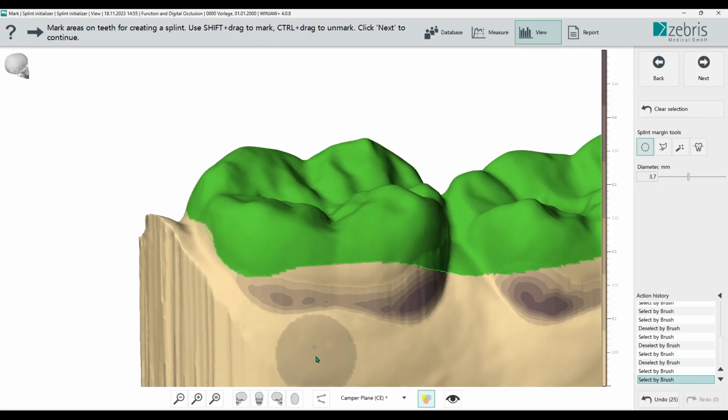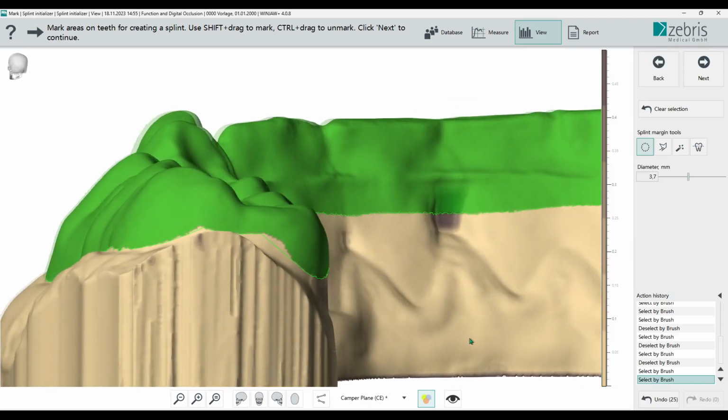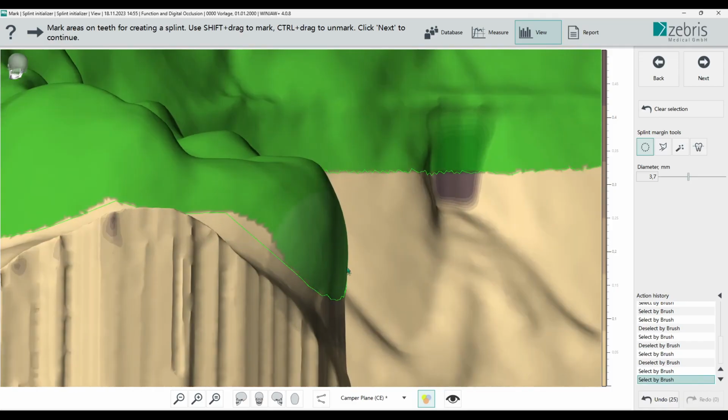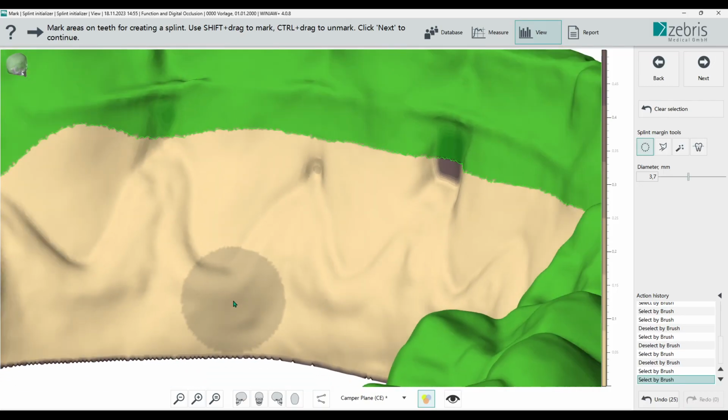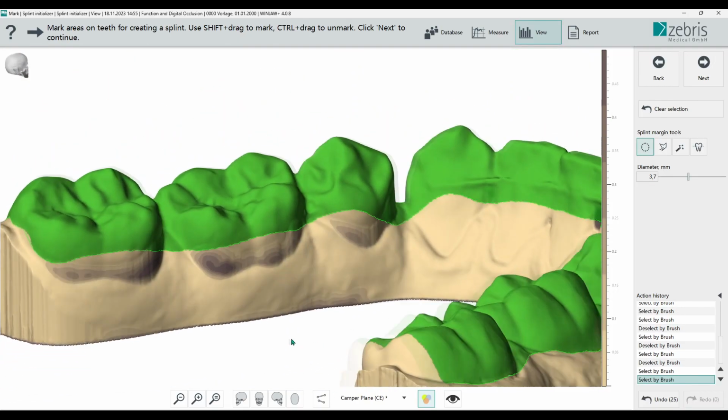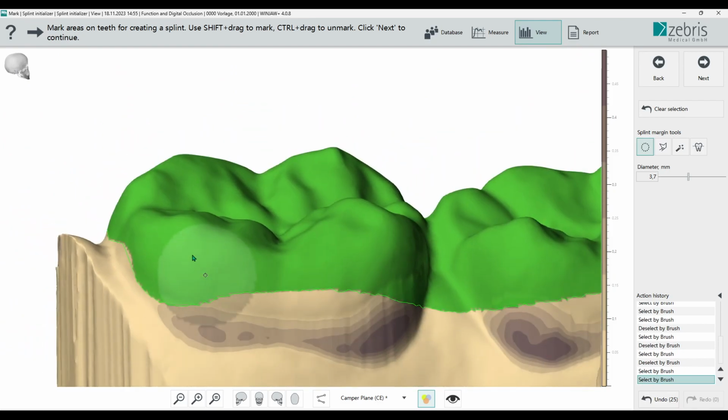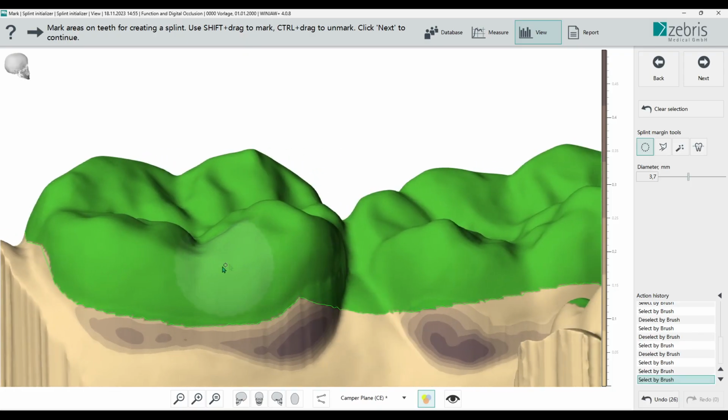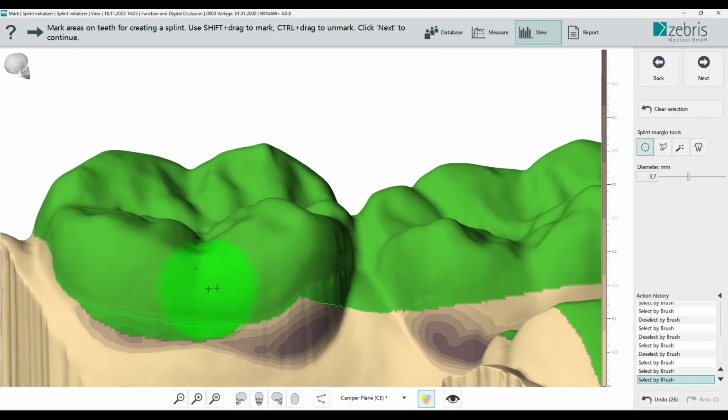As you see here, the software has now blocked out the undercuts. We see our scan, the articulator goes into the undercuts, and then we have our block out. In the design, we can simply draw along the side of the undercut to have a good fit of our splint. If we go too deep into the undercut, it does not matter, the splint will still fit on the teeth of your patient.